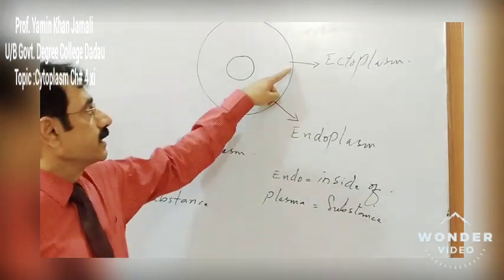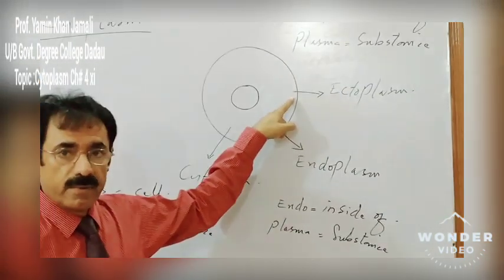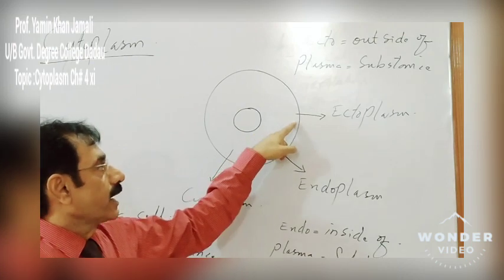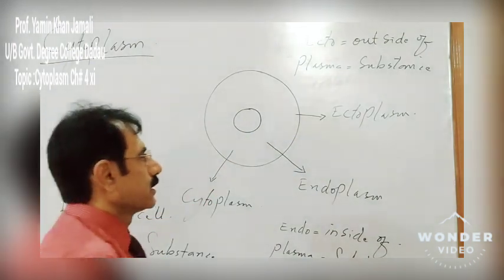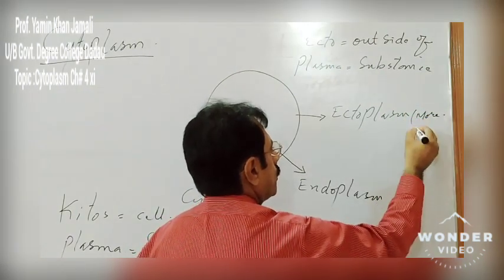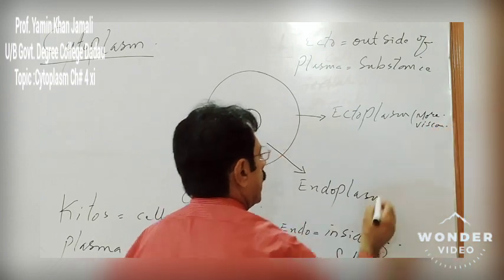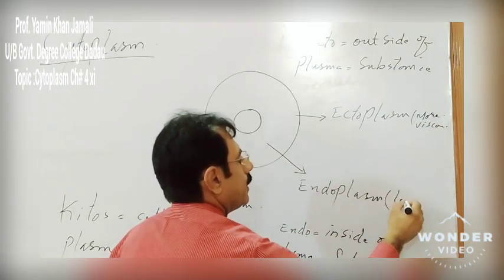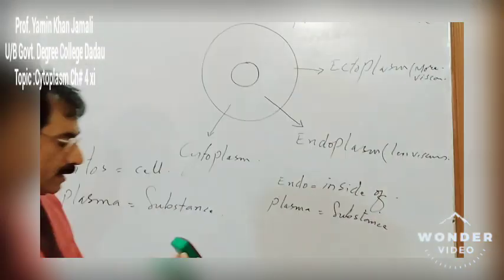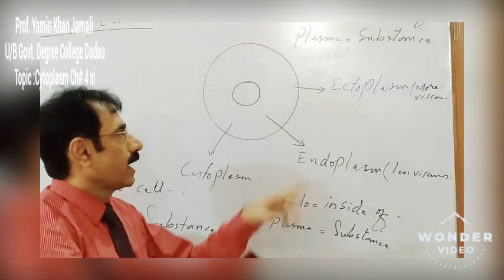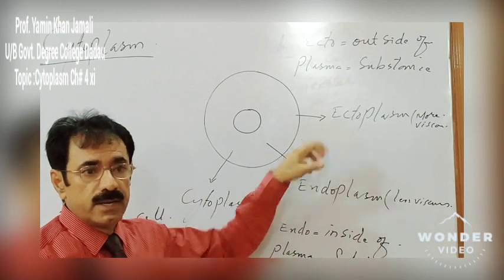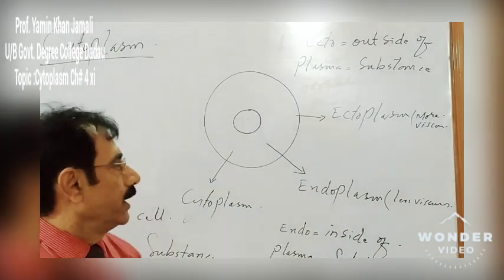Ectoplasm lies near the cell membrane, and endoplasm lies near the nucleus. The ectoplasm is more viscous, and the endoplasm is less viscous. The ectoplasm near the cell membrane, which is more viscous and jelly-like, is also called